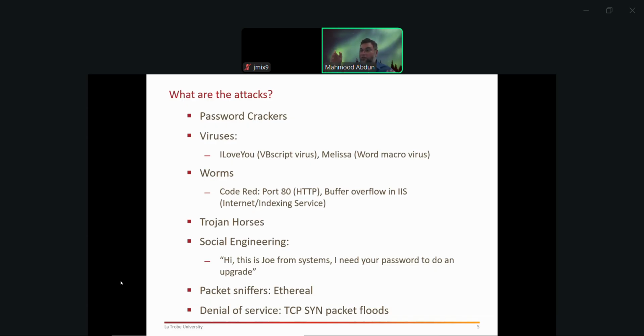And until it completes the handshake, this memory is not deleted because it's still waiting for that communication to happen. So what the attacker did or used to do is to send hundreds and thousands of SYN packets and never follow up